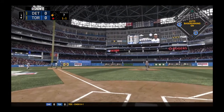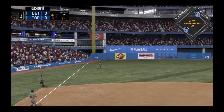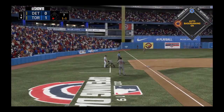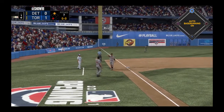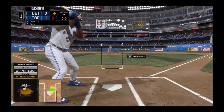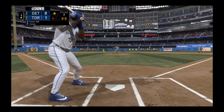In the air out to left. Stewart on the move. It's over his head, and they're going to take the lead. He pulls into second safely as they jump ahead with a run scoring on the play. Every manager and every pitcher in the league loves to play with an early lead, and they've got one here. Back-to-back doubles put them up by a run with the opportunity to stretch the lead here with another dangerous hitter